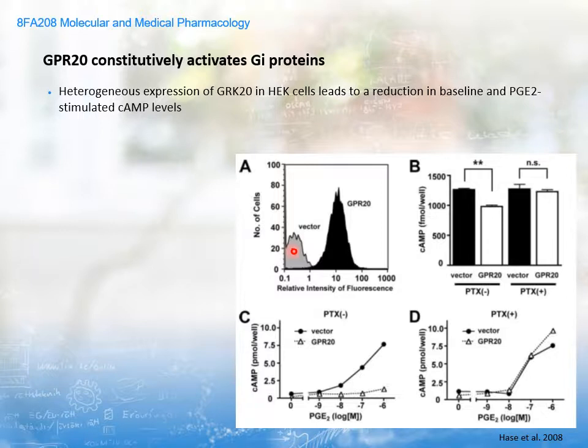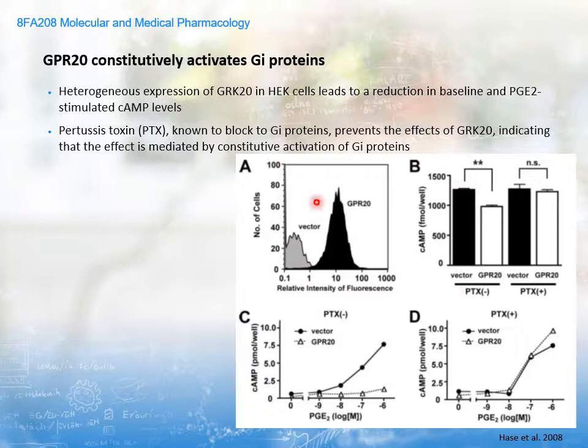And what you are doing is comparing the phenotype, the response between these vector inserted cells with the GPR20 inserted cells. So in this case, what you see is that in the absence of PTX, the cells that are expressing GPR20 show less cyclic AMP. So there is less baseline production of cyclic AMP by these cells in the absence of pertussis toxin. PTX is pertussis toxin. We know well that PTX